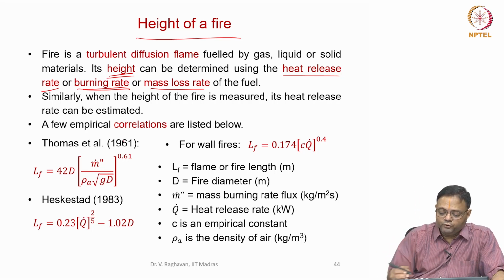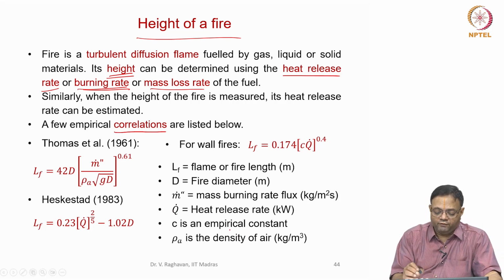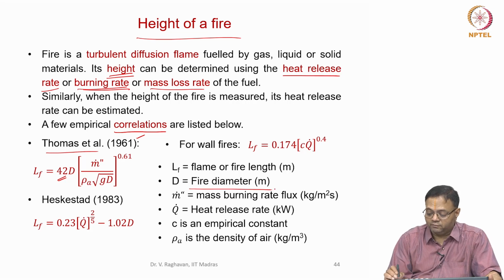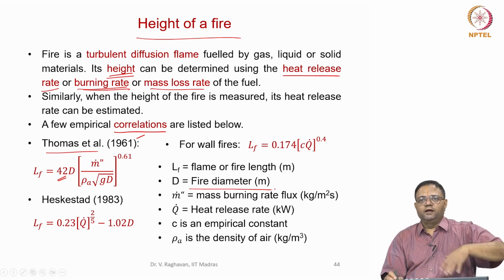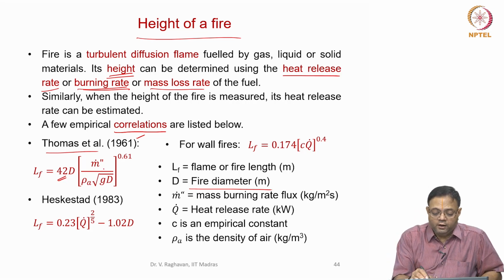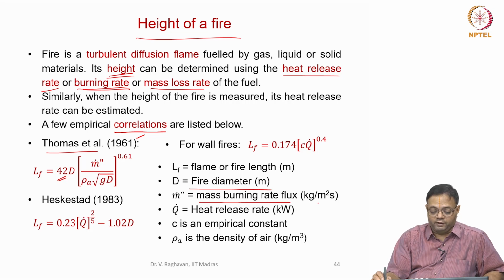There are several correlations available in literature. A few of them are listed below. The first one is the very early 1961 Thomas correlation, where you can see that LF is 42 times D, some empirical constant. D is the fire diameter, a length scale got from the surface area, into m dot double dash, the mass burning rate per unit area, the flux of the mass burning rate,